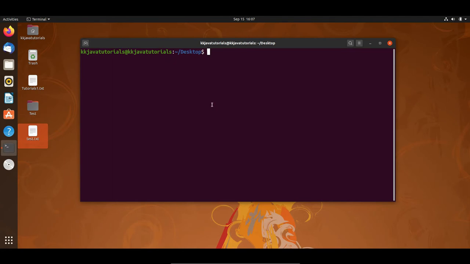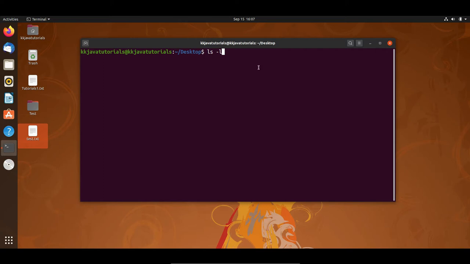Now to see all kind of permission for all those directories and files present at my disk, I will write a command ls minus l, right? So ls is one of the commands that will give you the list of all the directories available on your current or present working directory, and minus l is called long listing. This will give you the details, right? All the details like what are the permissions, what is the group name, username, when file was created, symbolic link, and all.